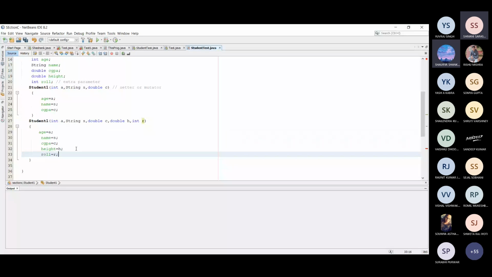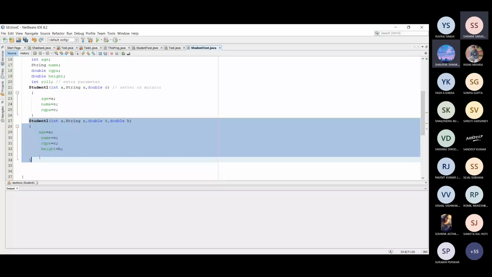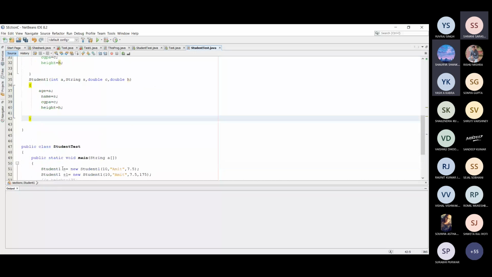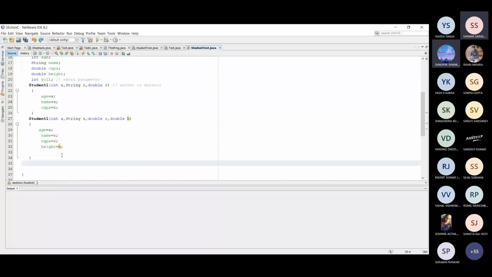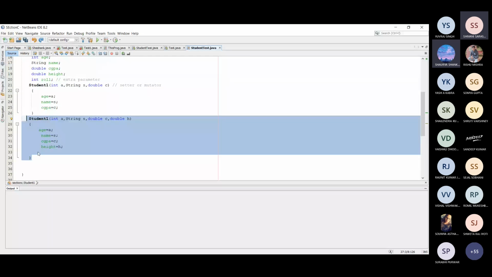Or if the programmer would not like to touch the earlier programmer's code, the programmer can write an extra constructor, means overloading of constructor like that. Sorry, the programmer just adds another constructor with 4 parameters.